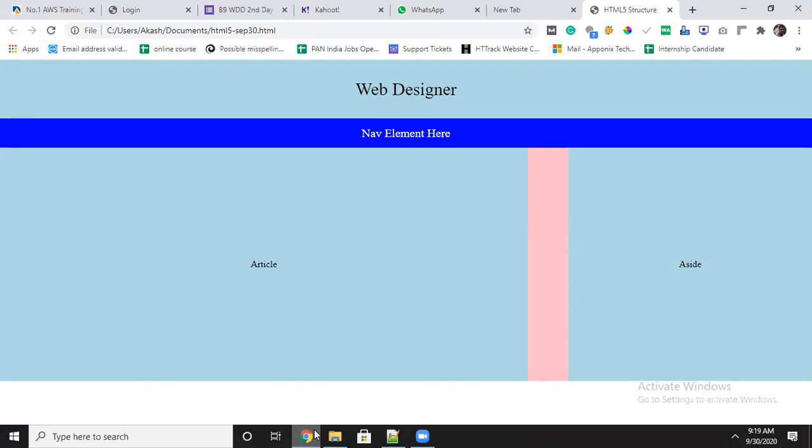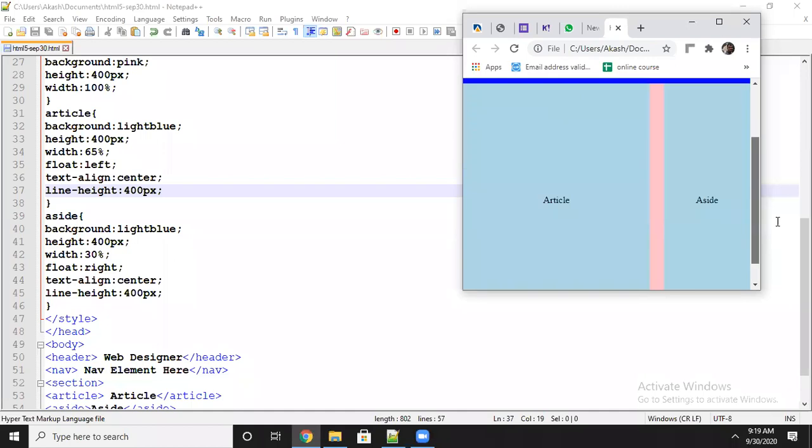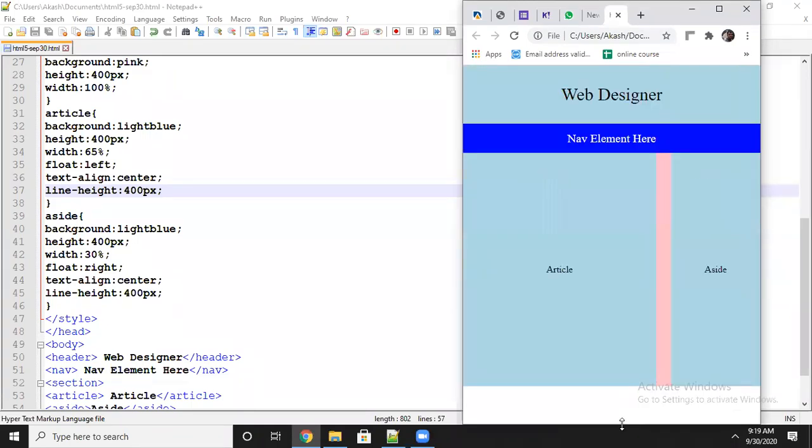Now you can see how it looks. It is left and right side, both the things. If you minimize the screen, you can see it here. It comes like this way in the mobile. Means the mobile view will look this way. Based on 100%, it will automatically take the size of the device screen and automatically display it.